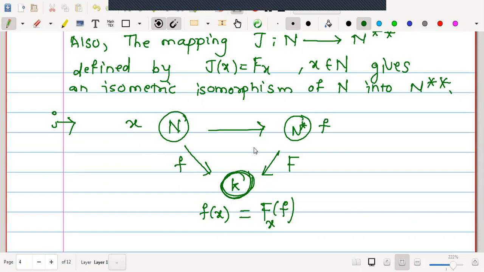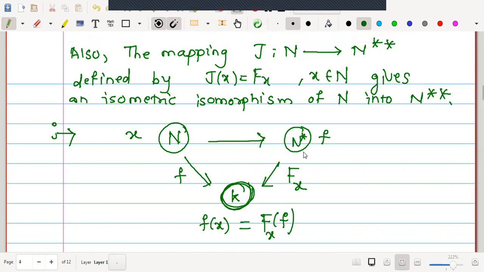Now in this theorem, we will prove that this mapping capital F is a functional. In order to prove this to be a functional, we will prove that capital F_x is linear and bounded, or linear and continuous. Therefore, here we will write F with the suffix x, because every functional depends on x. For every x, we have one functional. This part is very clear: for every vector we have one function, capital F_x. The job is to prove that this function is a functional, that is, proving it is linear and bounded.